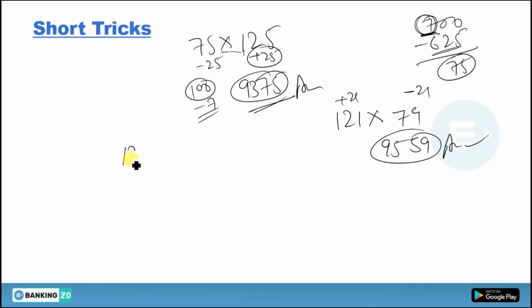If you multiply 123 into, suppose, 77, minus 23 plus 23, you're getting how much? Minus 529. Just subtract 529 from 600, what are you going to get? You're going to get 71. Write it here, 71. Now you have subtracted from 600, so just subtract 6 from 100, you're getting 94, and 9471 is the answer. I hope this concept is clear to you, and these were very good tricks to solve the questions in the exam very quickly.